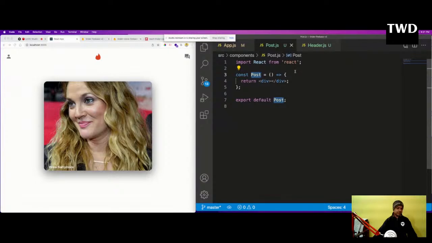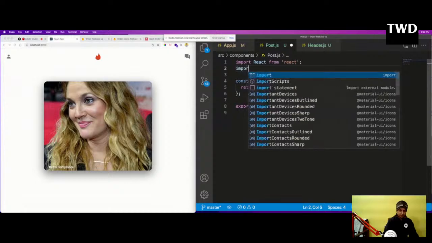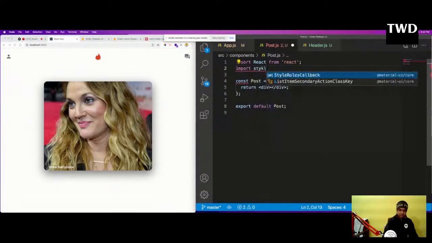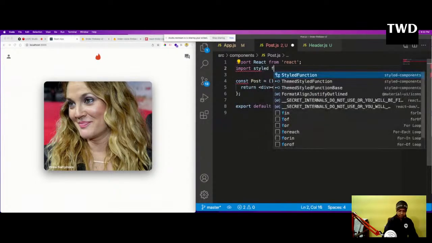But let us first create that which we need to have in the header part. Let us create this simple post form which will take the name and the URL. Okay, name and the URL it will take. So let us do that, and for that, import styled from